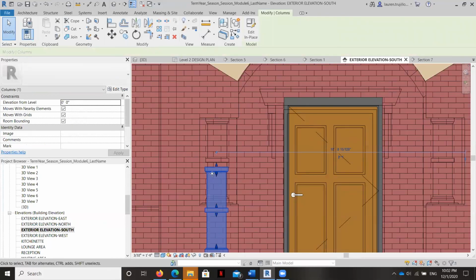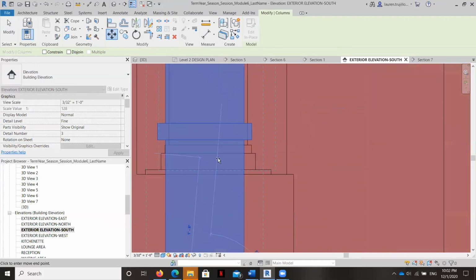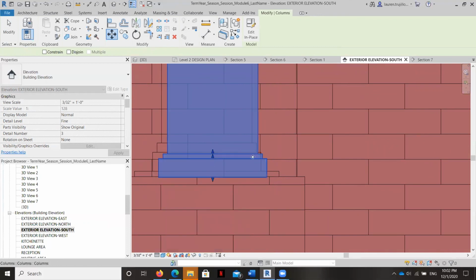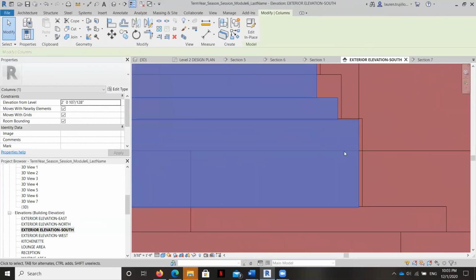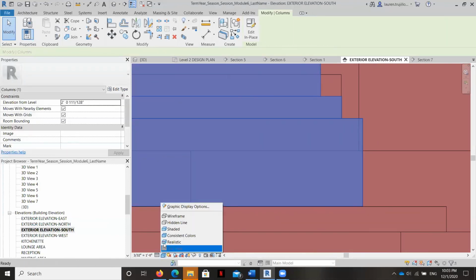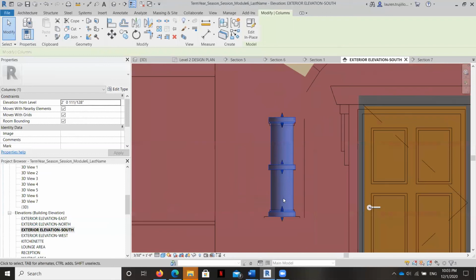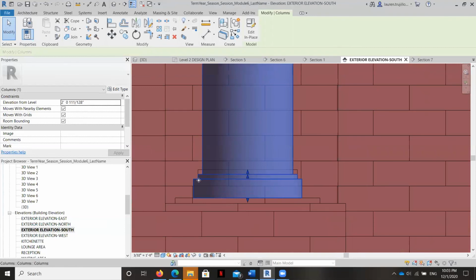Okay, so what we're going to do is move it up, and I'm using my arrows here. I'm going to grab it by its midpoint, and I'm going to put it right there. It's a little bit hard to see because of all the textures and things that I already have on here. The only real way around that is you can adjust some of the visibility settings just a little bit to have realistic colors and things. You can remove some of the patterns, but it only comes temporarily. The other thing you can do is paint it white and then paint it back if you want to.